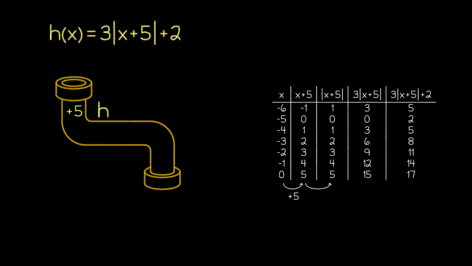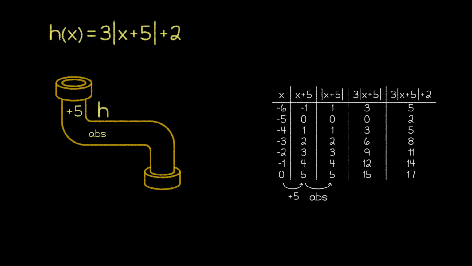Next, we took the absolute value. The main question here is, how do we represent the absolute value inside a function machine? Well, we could draw 2 vertical bars, since that's how we typically write the absolute value. But that ends up looking kind of like the number 11. So instead, we're going to write the letters ABS. This is a common abbreviation for the absolute value, and you might have even seen this abbreviation before on a calculator or in computer code.